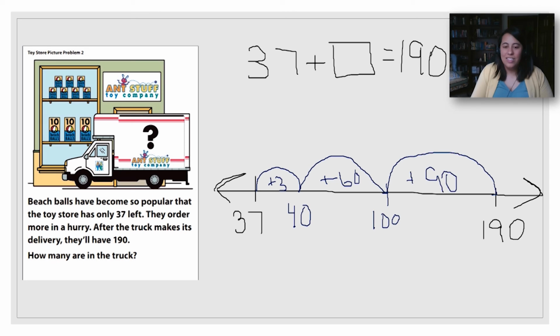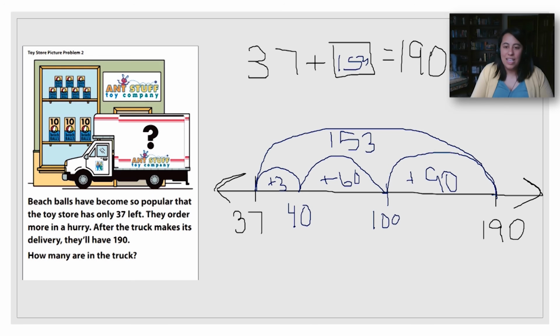Okay, so now I need to figure out how far I went in all. I had 90 plus 60. That would be 150. I know because 9 plus 6 is 15. So 90 plus 60 would be 150. Plus 3 more would be 153. I got the same number I got before.